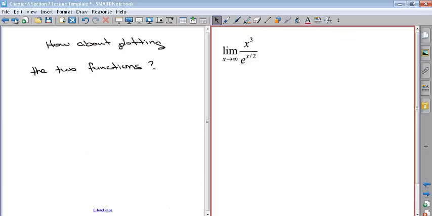Okay, so I just did that. So now we have another thing. It's the ratio of two different kinds of functions. So again, what we do is we call the function in the numerator f of x, and the function in the denominator g of x. So if we take the derivative,